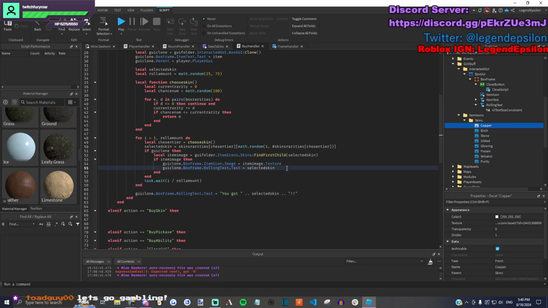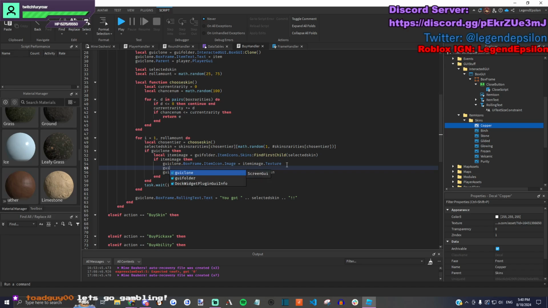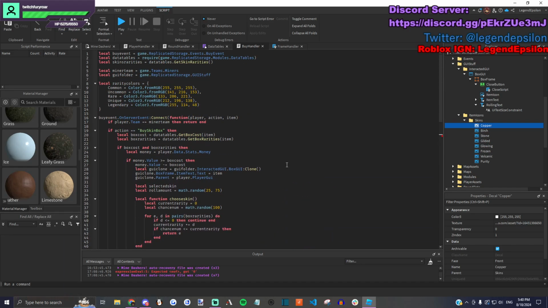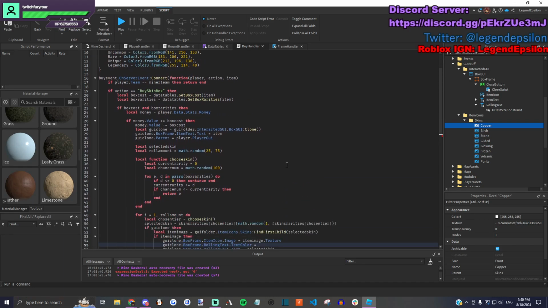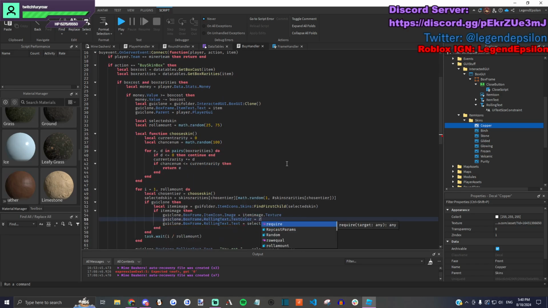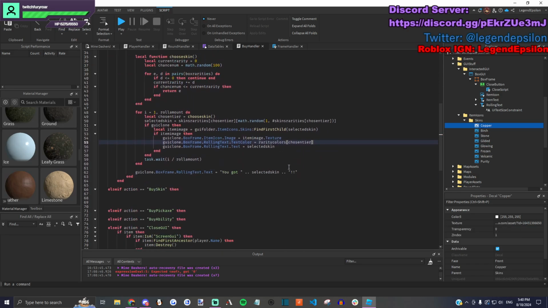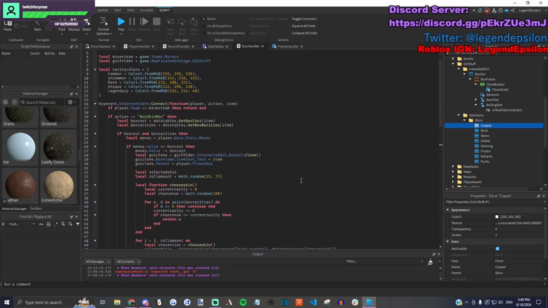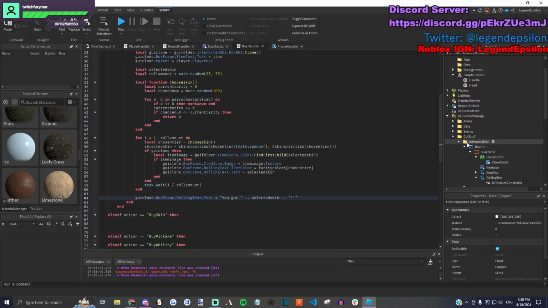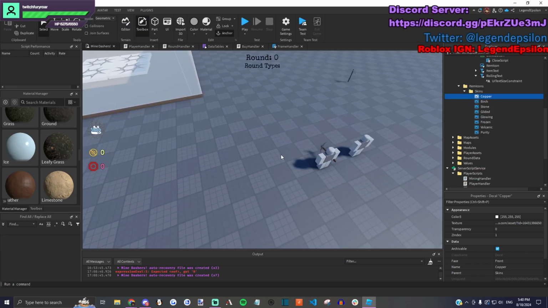All right, now let's also change the color of the text. GUI clone dot box frame dot rolling text dot text color will be equal to rarity colors chosen tier. I think that should work. Like, hopefully this will work. We'll see, but need to finish this up. Okay. So now we actually need to make